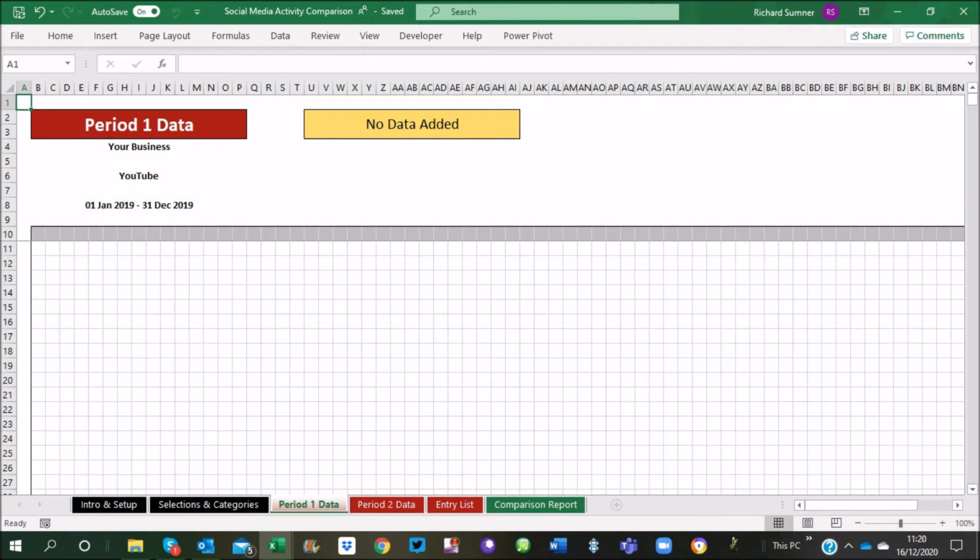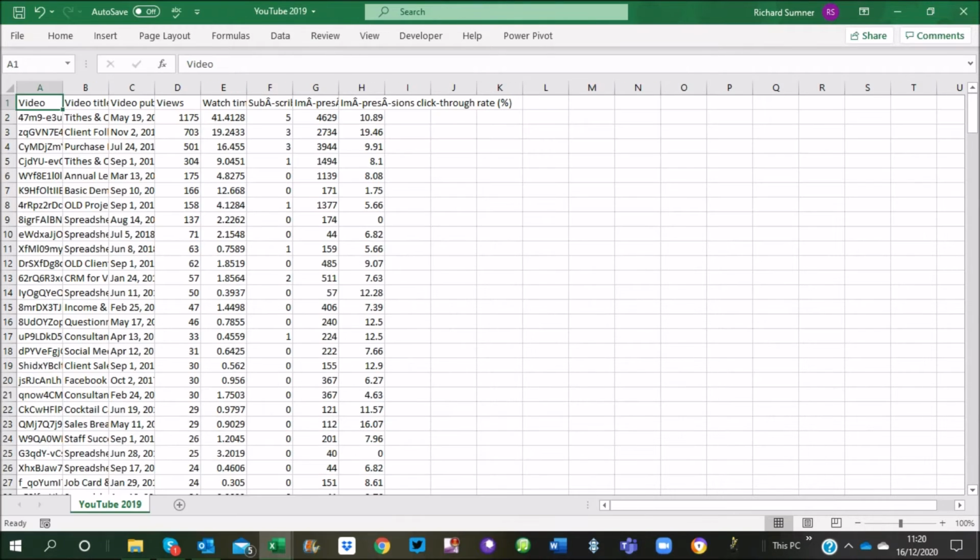However, if you go to your raw data and you've got a heck of a lot of columns across the top here, all you need to do is just delete any of the columns that you're not going to be using. So if I know, for example, I'm not going to be using subscribers, I can just right click and delete that column and clear it. So you can delete any that you're not going to be using because you only really need the ones you are using. And if you do the same for the other spreadsheet for the other year,